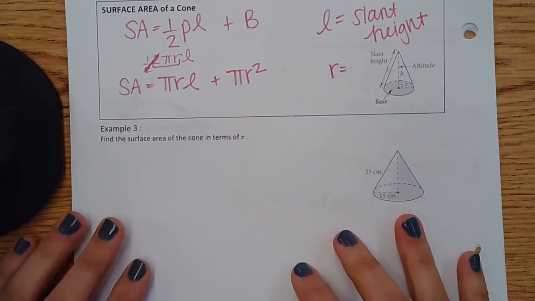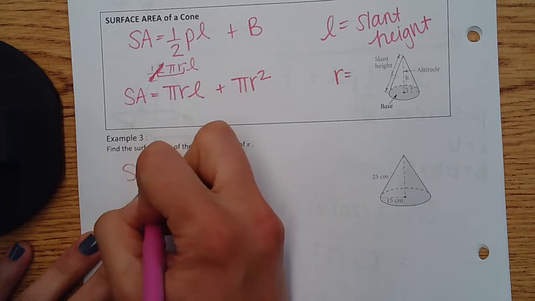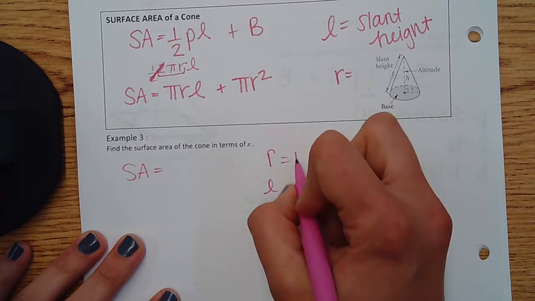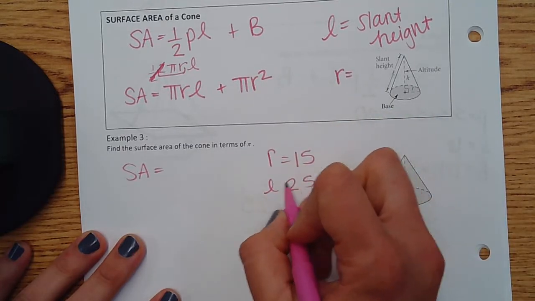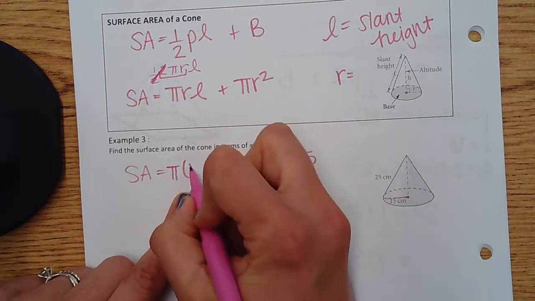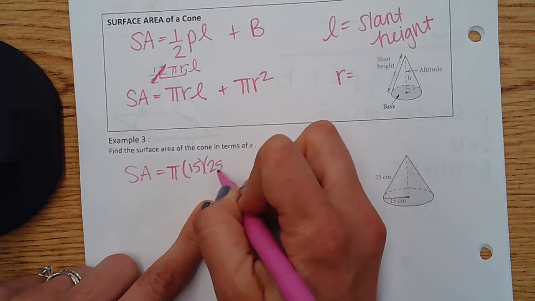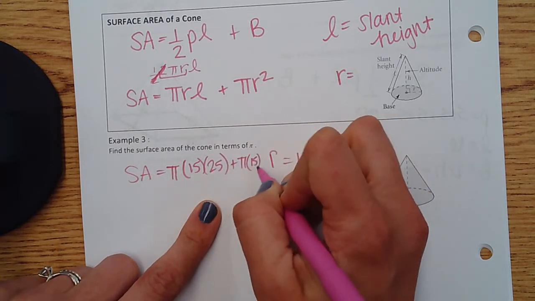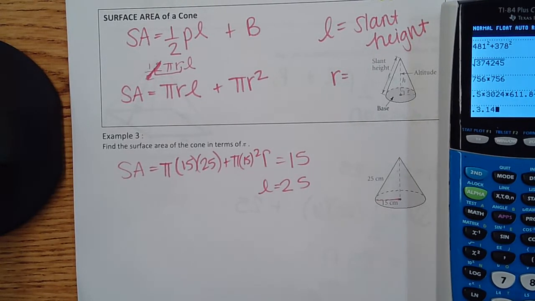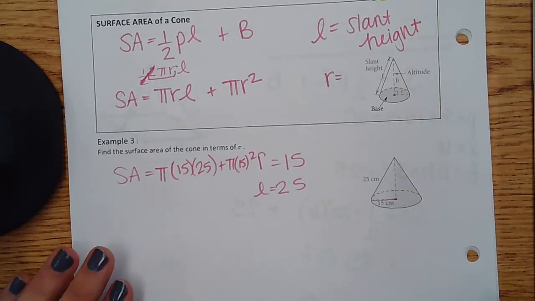All right, and I'm going to try and get through this quick. I've got 40 seconds here. So for surface area, I need an r and a slant height. The radius is 15. The slant height is 25. I have what I need. So surface area equals pi times 15 times the 25 here plus pi times 15 squared. Plug it in. 3.14 times 15 times 25 plus 3.14 times 15 squared gives me 1